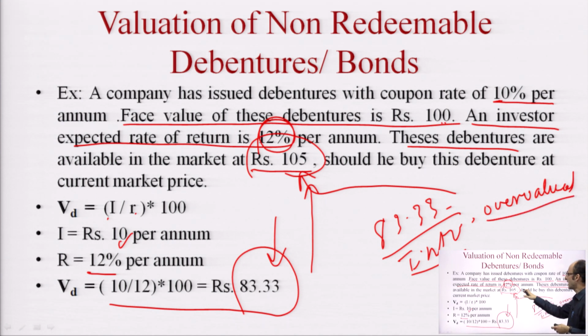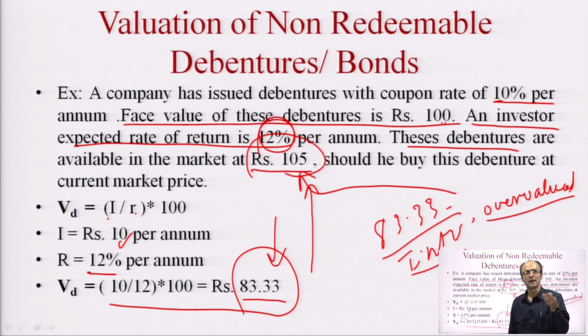If somebody buys at 105, he will be at a disadvantage. The overall yield on the investment that he will get till maturity will be declining. And if the investor pays 83.33 or less in the market, then his decision will be justified, because at this price or prices below it, the yield that the bondholder will get till maturity will be maximized. Now next,